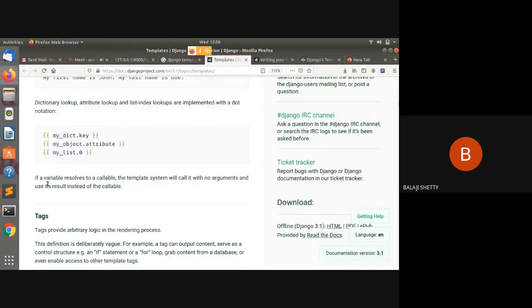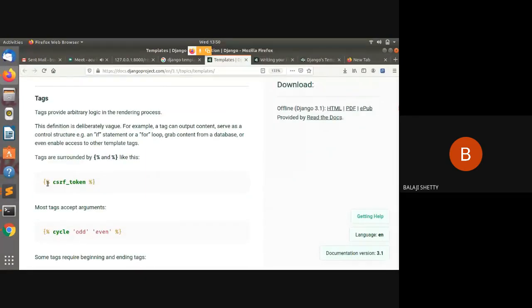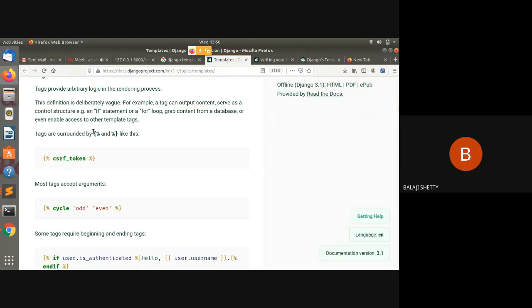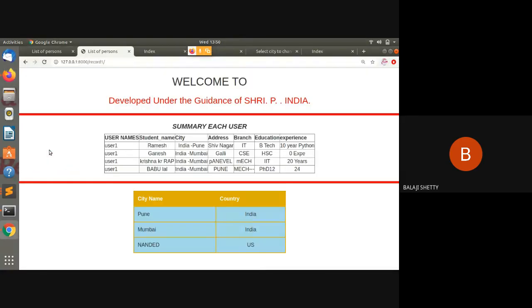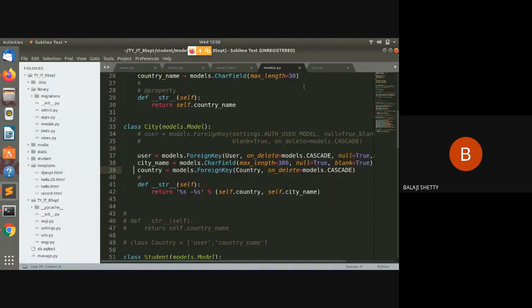Then next is tags. We define these as if else, for loop, if and end if. If you see our syntax here, I have written the code.